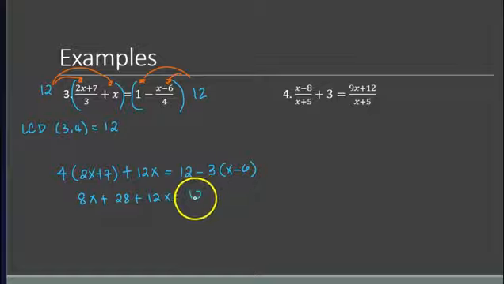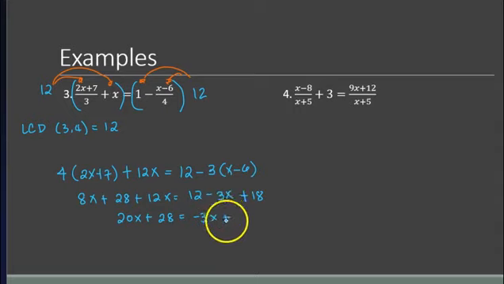Okay, then this is 12 minus, so negative. This is what I was telling you earlier. If you are not comfortable, you can just multiply with the negative. Negative, negative, positive 18. Okay, so let's simplify: 20x. Then this is 28. And then negative 3x, and this is positive 30. So transpose, so you have 23x, and then this becomes negative 28. So that's 2. So x is 2 over 23. Okay, so there we go.